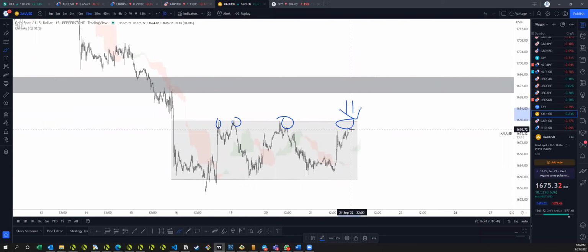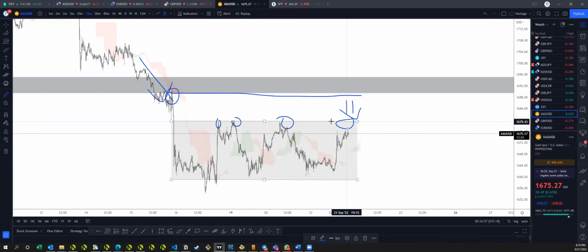Based on the fundamental events that are going to happen soon, and you have this imbalance created from the break of this long-term support, I would say this would be a safer level to sell. If you were to sell at this level, this might be an aggressive sell at this point in time, because if you look at this move up, it's about 108 pips up, right? So if you were to sell at this level, you might risk